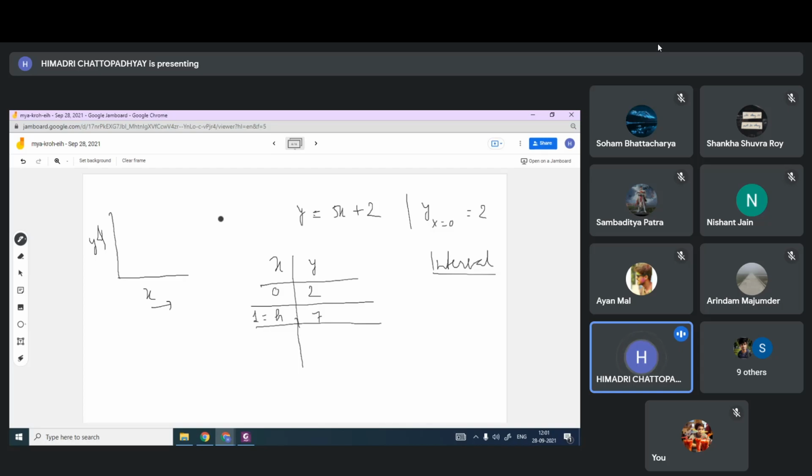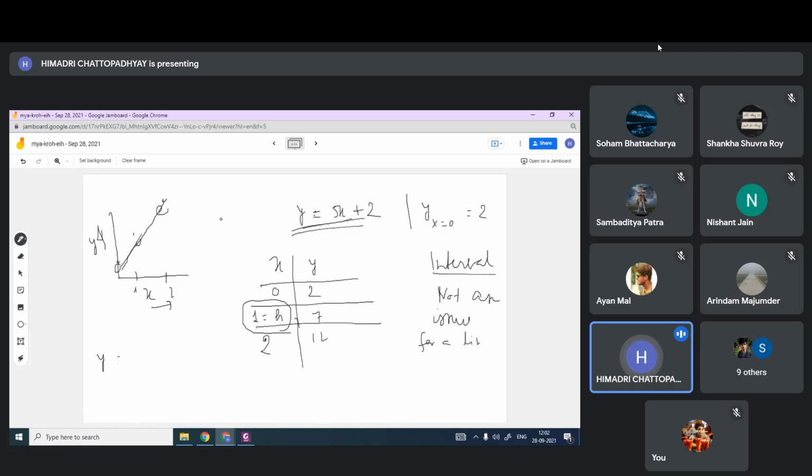Then when I have gone to x equal to 2, another h equal to 1, this value is 12. So 2, 7, 12. You have a linear relation, and this interval is not an issue. It is not an issue for a linear problem. For a linear problem, you can just take 3 points and draw a straight line.